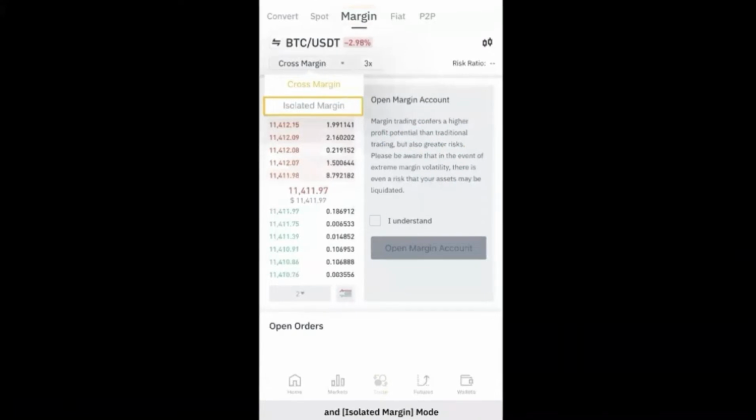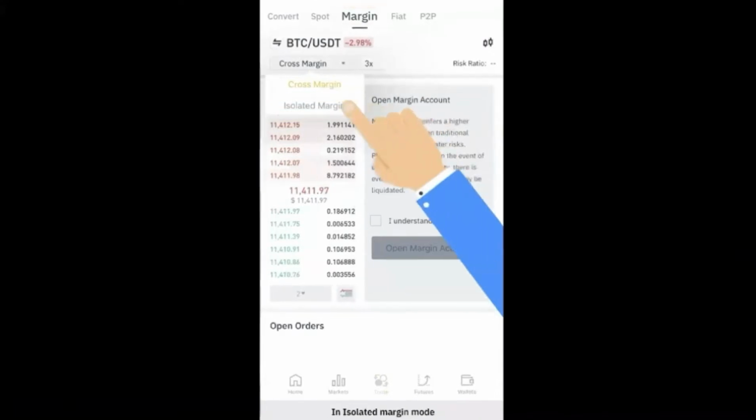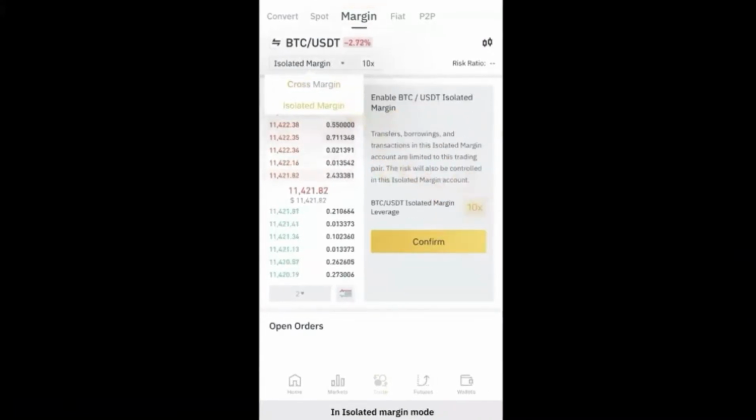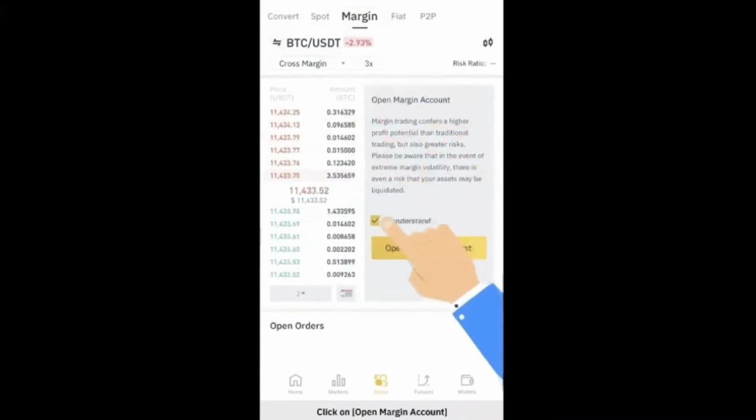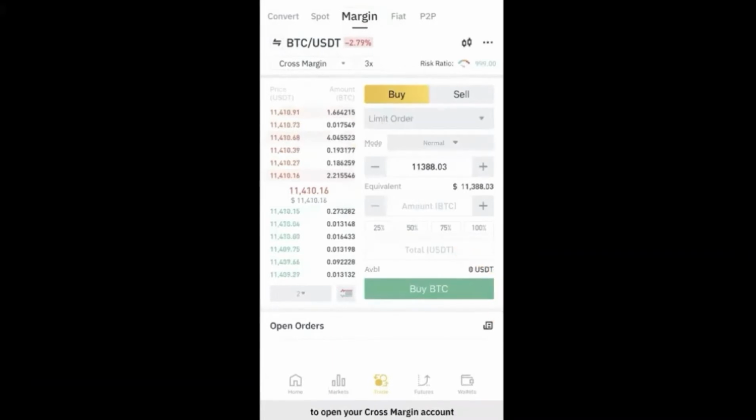I would strongly recommend to stick to isolated margin. Isolated और cross margin में क्या फ़र्क होता है मैं आपको दूसरी वीडियो में समझाऊंगी. So once you have chosen isolated margin, you basically confirm. Just like so, open margin account, and then you